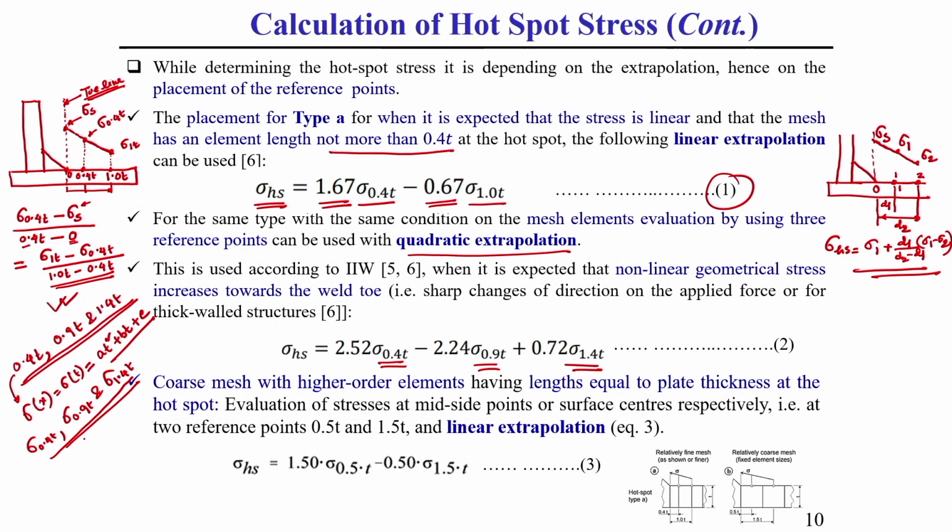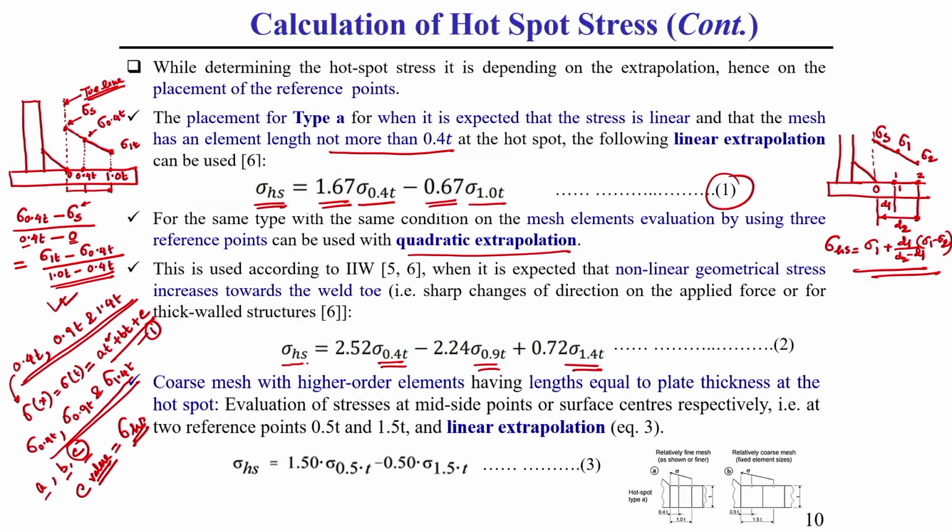So, by using this quadratic equation, let us call it quadratic equation 1, we can find out A, B and C. These A, B, C are generally the coefficients of this quadratic equation 1, and we can easily find them based on equation number 1. Whatever C value we get from this equation number 1, this C value will give us the hot spot stress. This you should keep in mind.